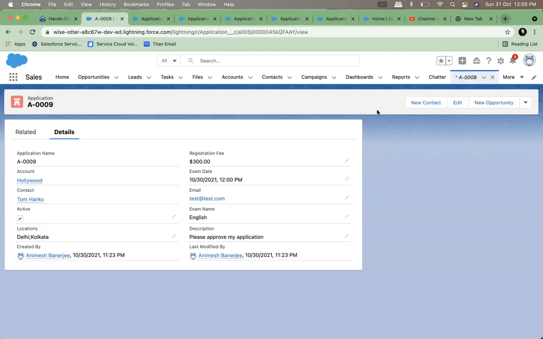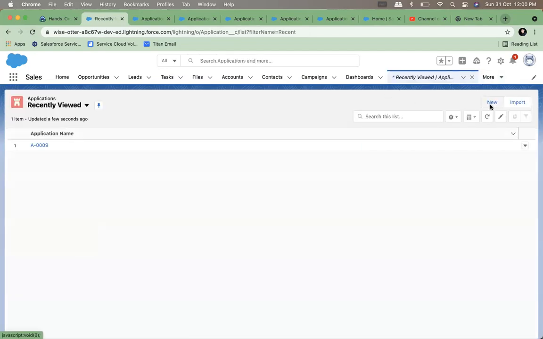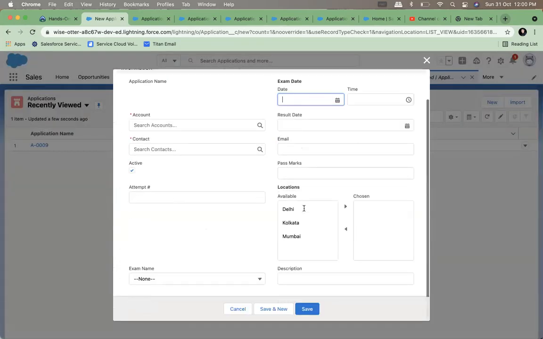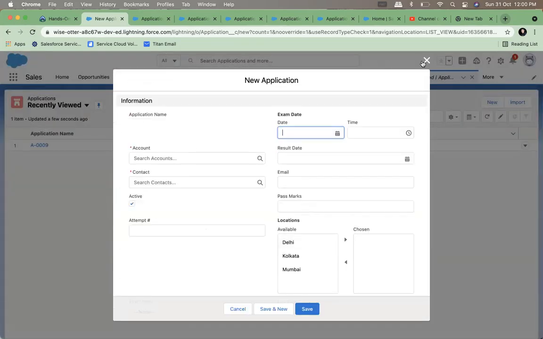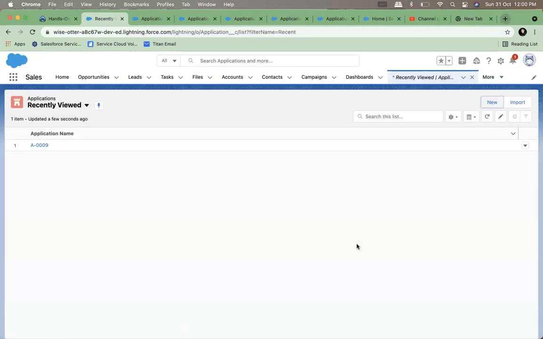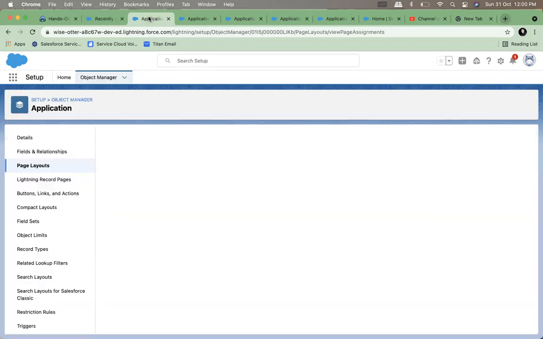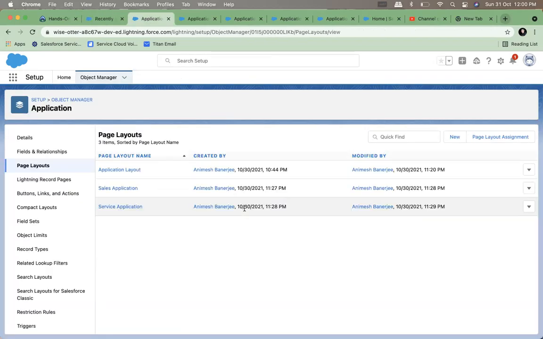It changes. I now have registration fee, exam date, percentage, everything. This affects even this screen too. So I can assign different screens and different fields for different people so that they can fill in according to their job.